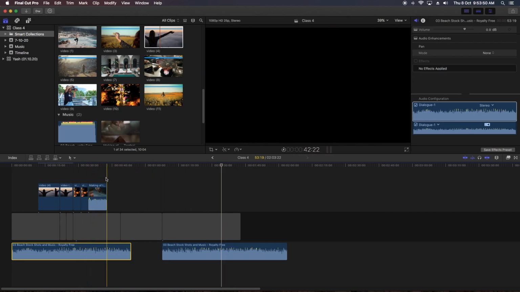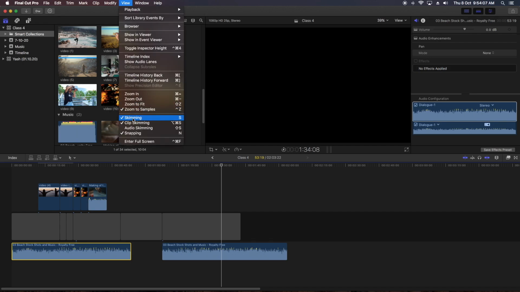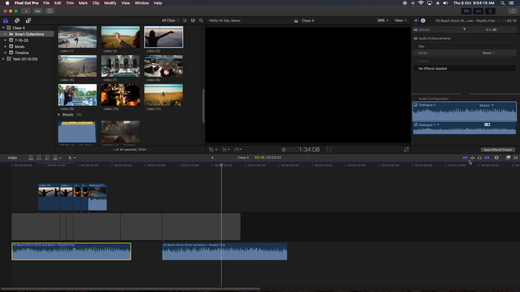Oh, actually we are recording the voice, so that's why the audio is not coming. Okay, so if you skim with the audio on, the audio will also come. If you skim with just video on, you can do that too. And there is another option for skimming. You can go to View, and here you can also tick and untick, but this is the better way.